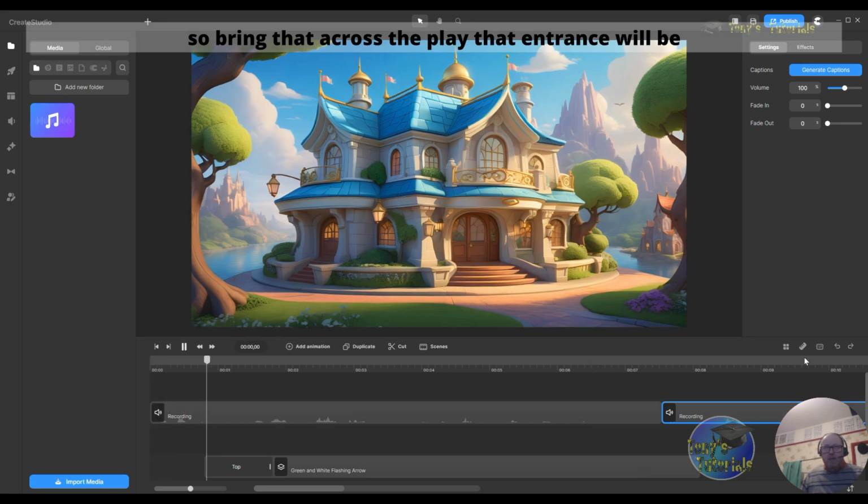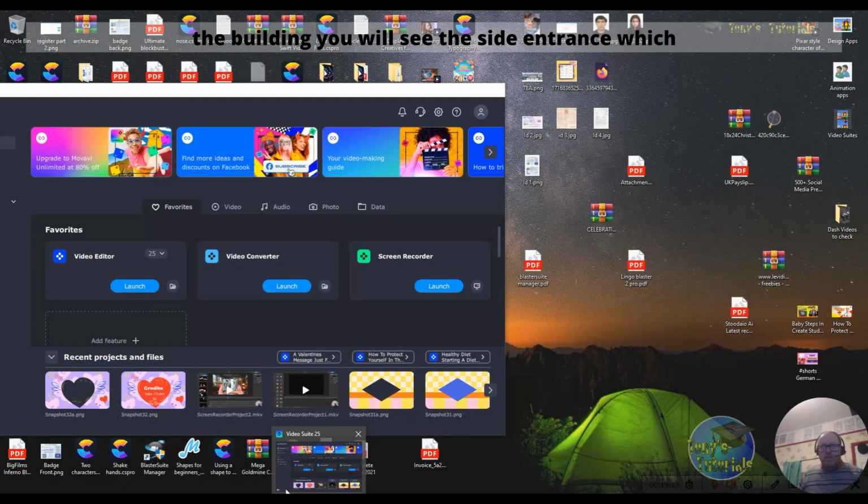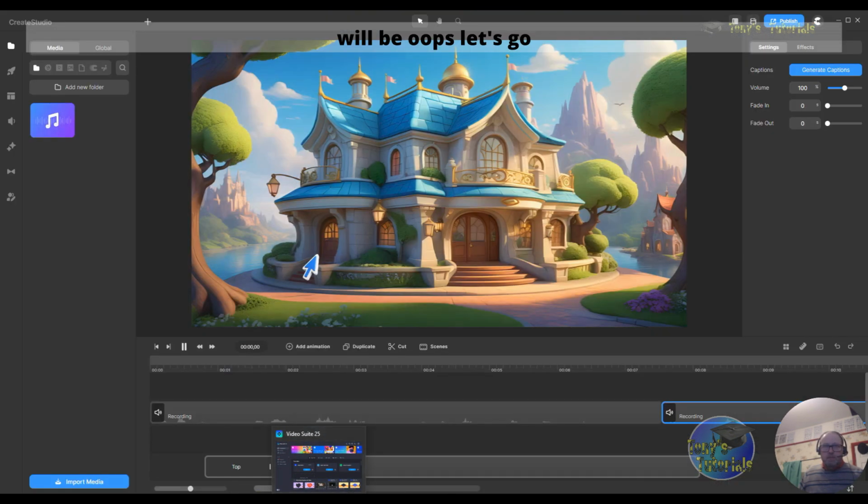The front entrance will be here where it is being indicated by this green and white flashing arrow, and over on the side of the building you will see the side entrance, which will be